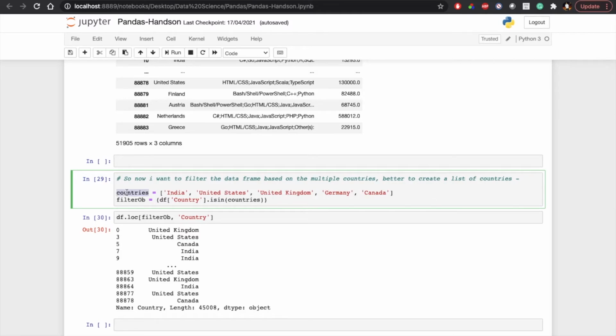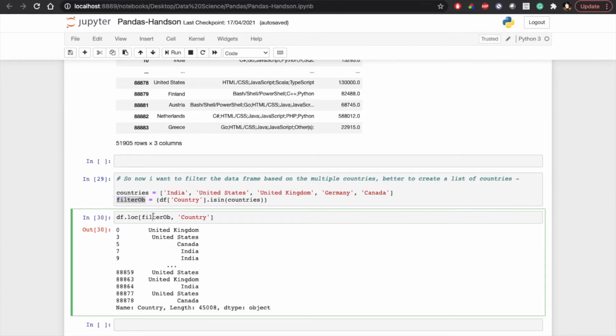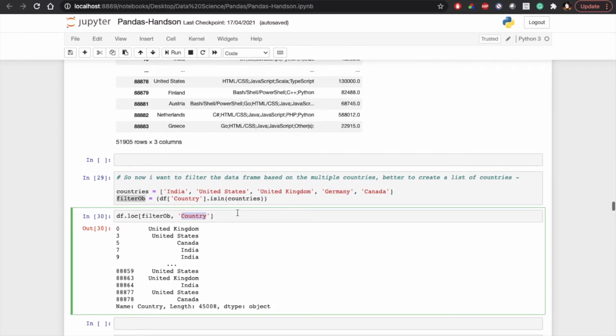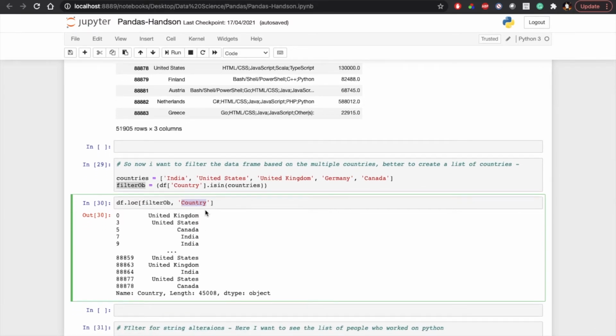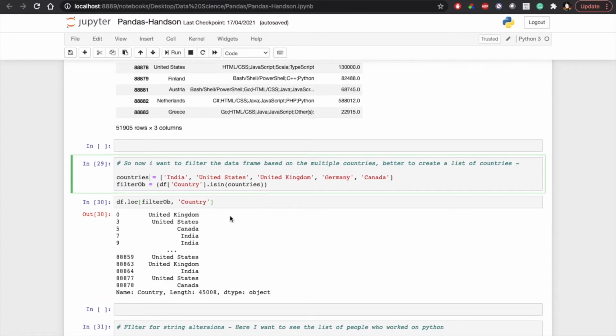This is the list, and I'm passing this list to the data frame using the isin method, that is isin on country, and this filter object I'll pass inside loc, and I will do the country column. Inside the country column, whatever entries we have for India, United States, UK, we will get here. So this is how the filter works.